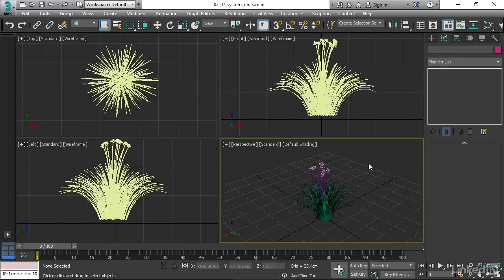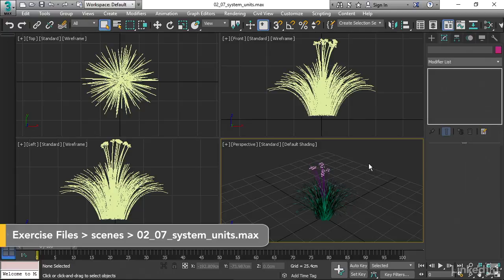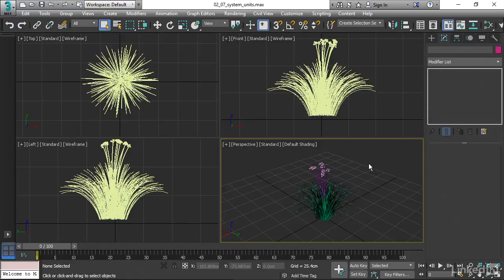The display unit setting doesn't actually change the size of objects. It doesn't change the accuracy of 3ds Max. All it does is just expose different numbers to the user. However, there is a related dialog that actually controls the internal workings of 3ds Max, and that's called the System